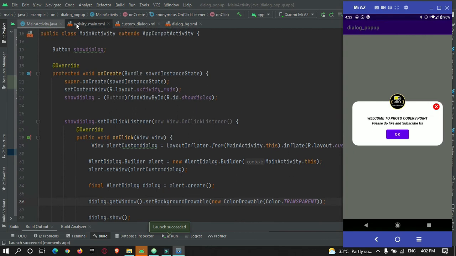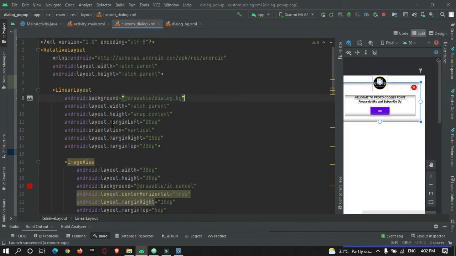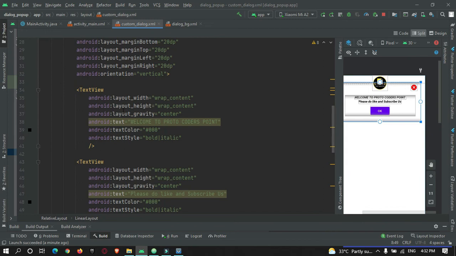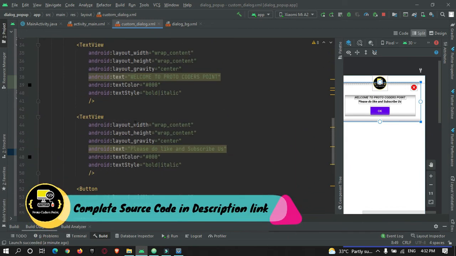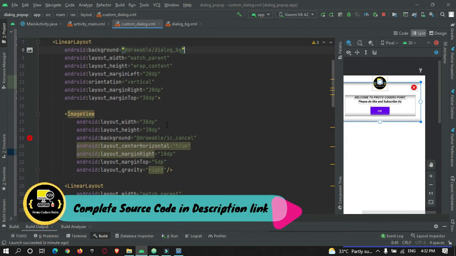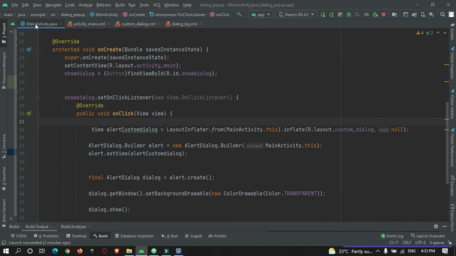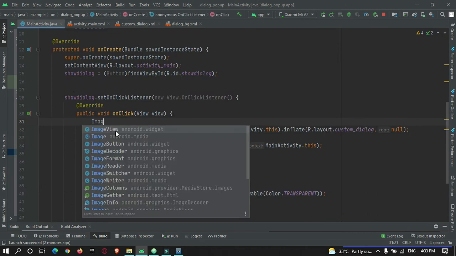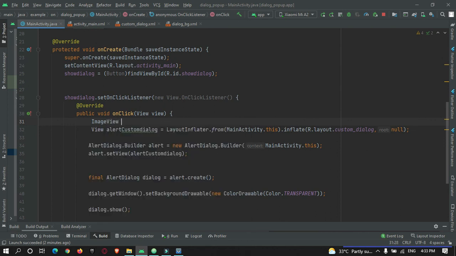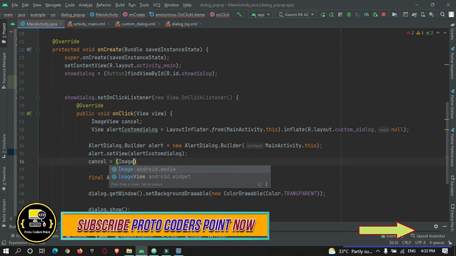So first of all, you need to go to custom dialog. So over here, you need to give an ID to this button or image view, cancel button. Okay, and then just come to your main activity. So over here, create an image view object, and after initializing this view, over here you need to find view by id, image view